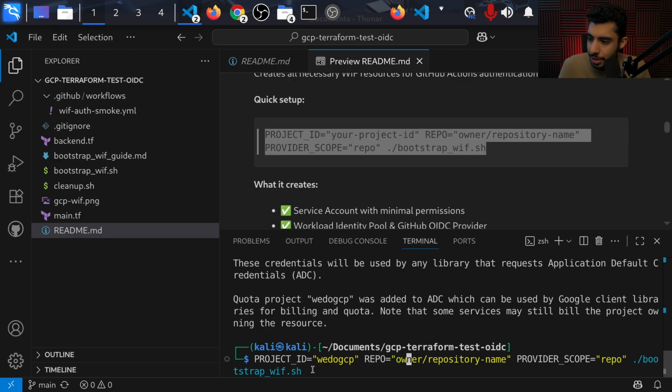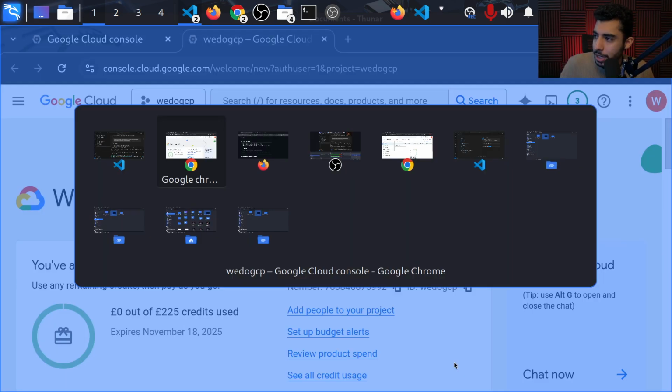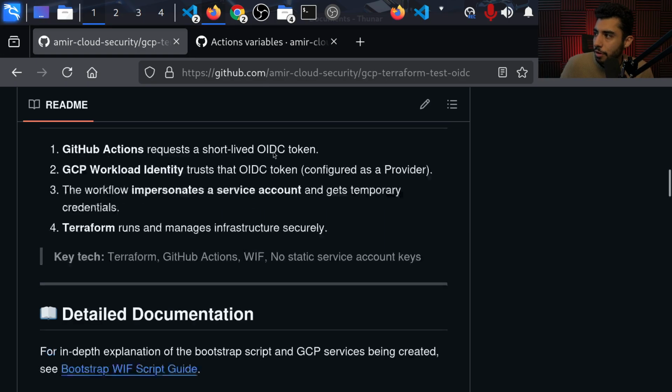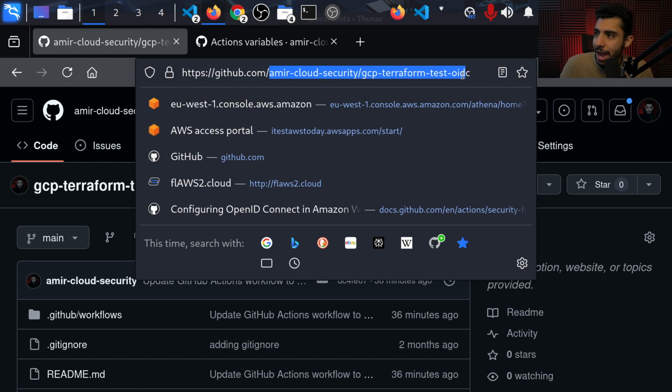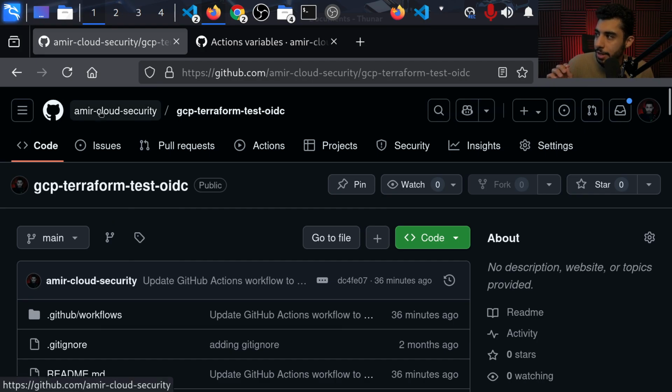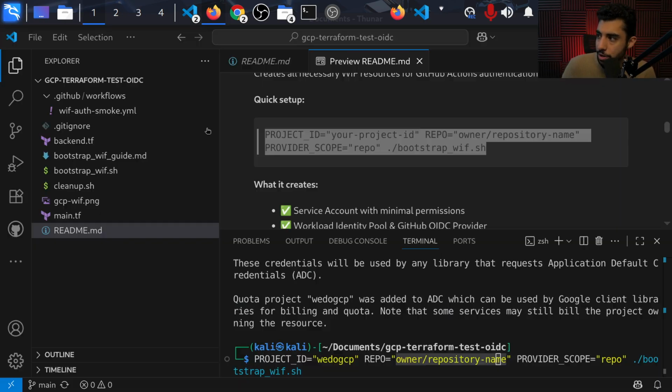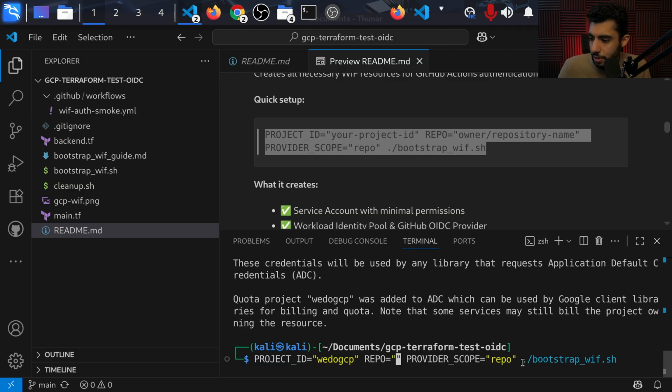And for the repo, what we need is the repo owner and the repository name. And we can get that right from here. So for us, our repo owner is Amir Security and Amir Cloud Security is the repository name. I'm going to show you over here as well. This is the repo owner, and this is the repository name. Yours obviously will be different. So I'm going to get rid of all of this and paste it right here. We have it properly. So now we can run the script